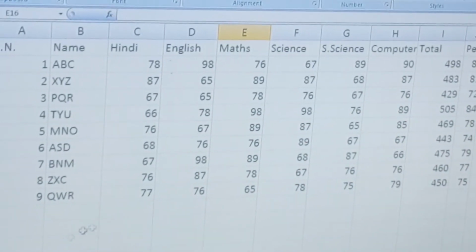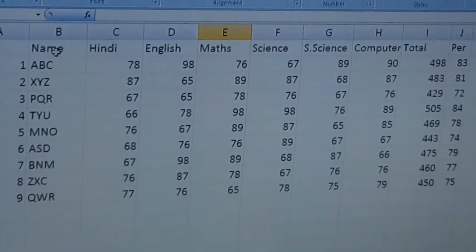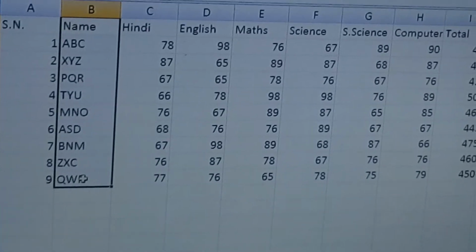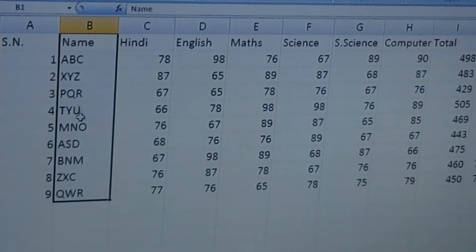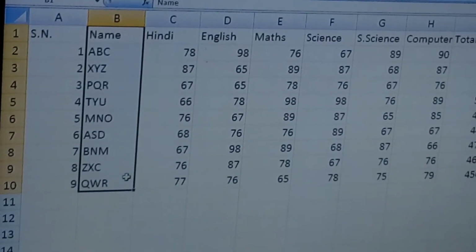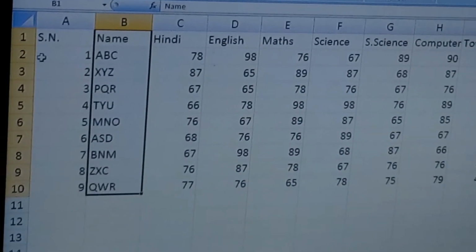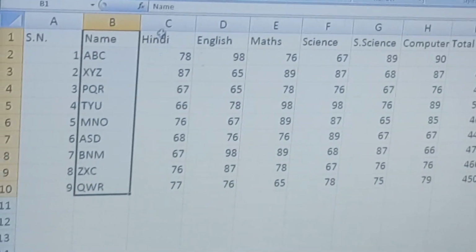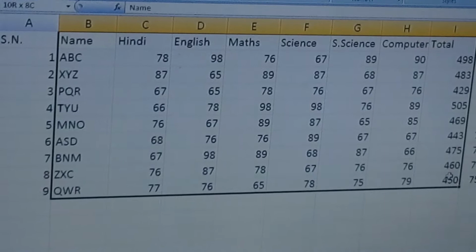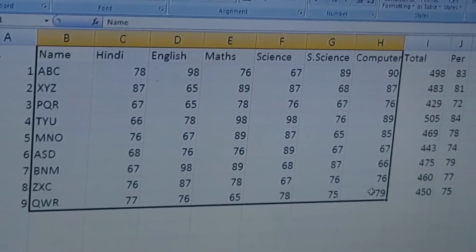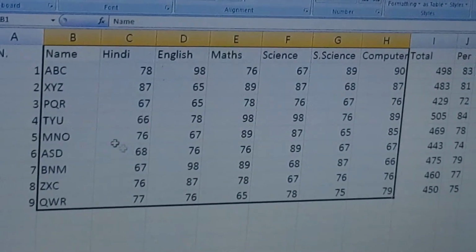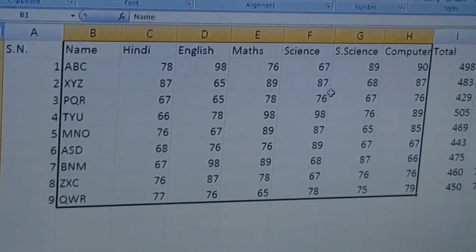First, the data according to which we create the chart is known as the data series. Now what is a data series? A data series is a group of data on which we want to create the chart. Suppose here you can see row-wise data or column-wise data, so it is known as a data series. Suppose I want to create a chart on the basis of the students' marks.